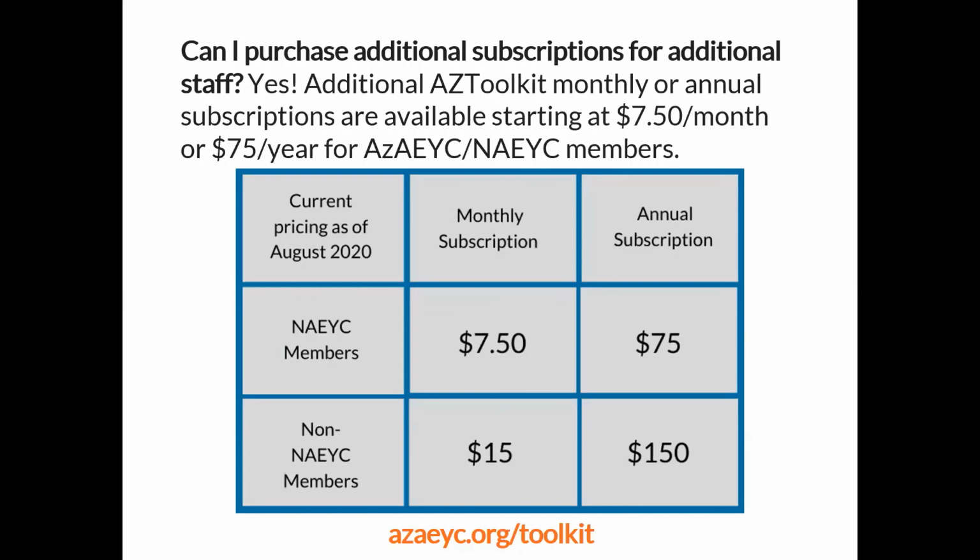You're also welcome to purchase additional subscriptions if you have multiple people on your team who deal with all of the parts that you saw in the toolkit: professional development, marketing, finances, administration. If you have other people on your team that you want to also have access to these resources, you can add an additional subscription on top of your one complimentary subscription. They're as low as $7.50 a month or $75 a year for any EYC members, and for non-members it's $15 a month or $150 a year. You can learn more at